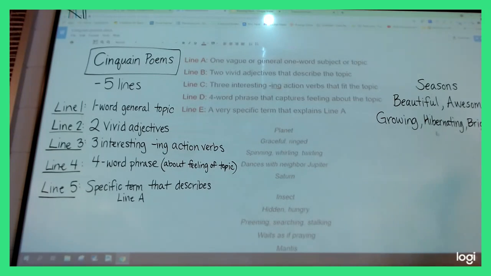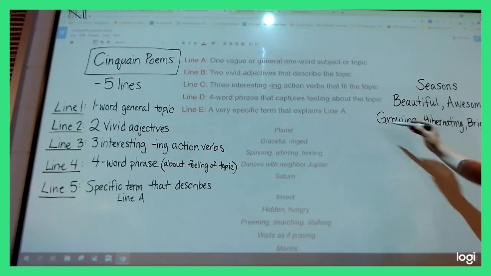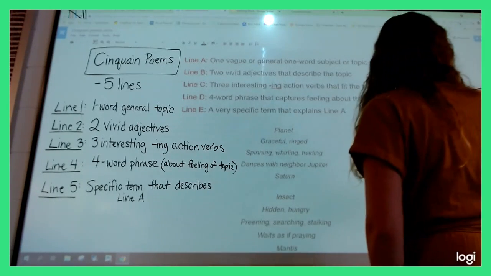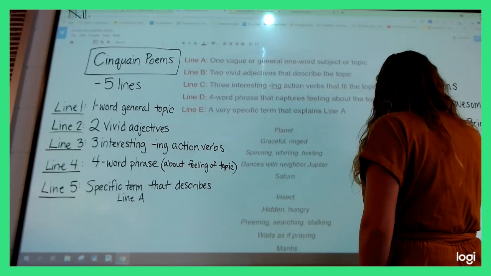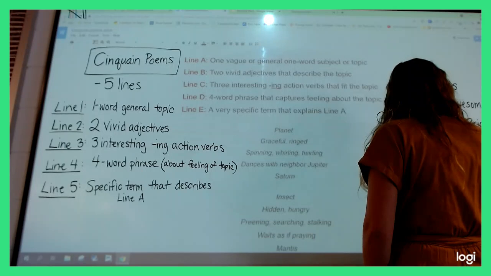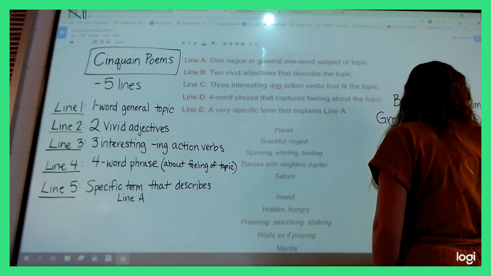If I was going to say the trees are growing, I would want to switch out this growing, right, since we only have so few words. I'm just going to go with the seasons are cool, just to wrap this up. I can't swap because I'm running out of space. That's all right. Just do your best.